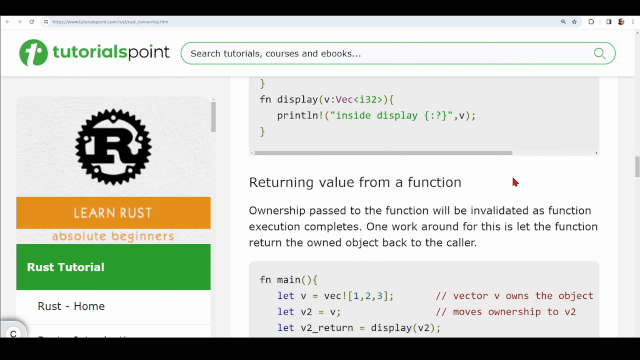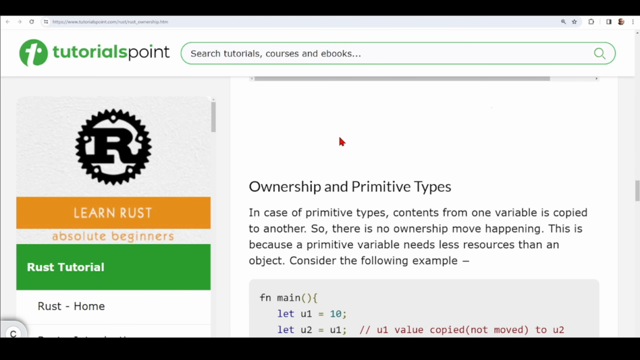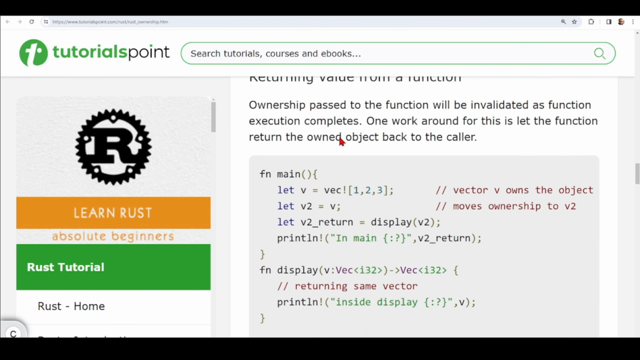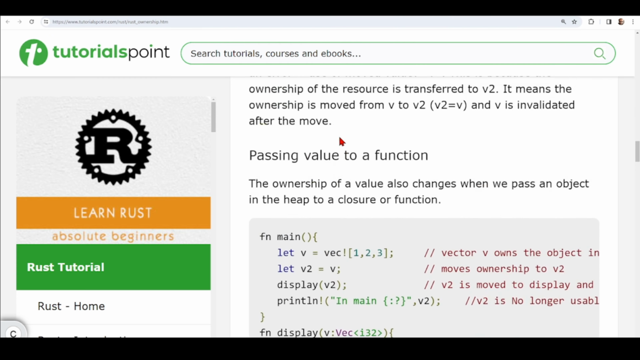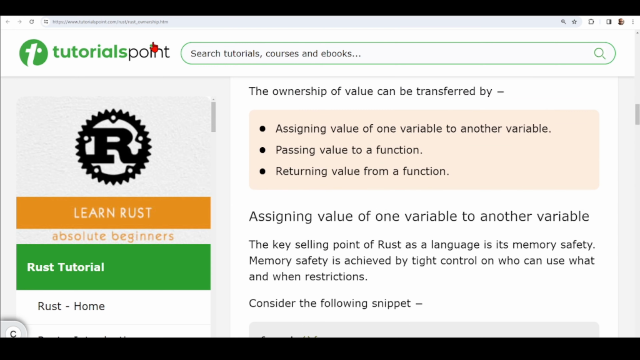And we'll talk about all of that in future tutorials, starting with an easier concept to understand, which